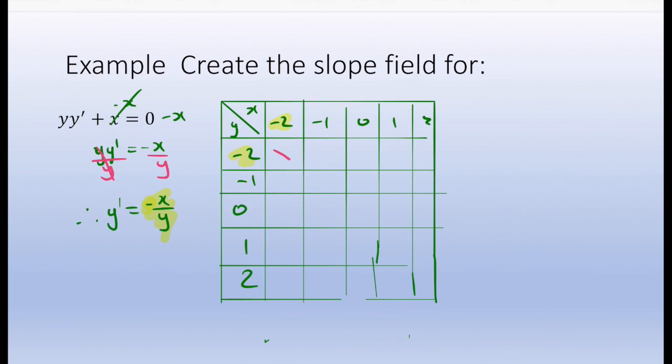Now, this one will be 1 over 2, and it'll be negative, so it's going to be -1/2, which is that. When x is 0, it's just going to be 0, because it's going to be flat at the top. 1, well, we're going to start going up the opposite way, and 2 will be a bit further up, all right, because it'll be